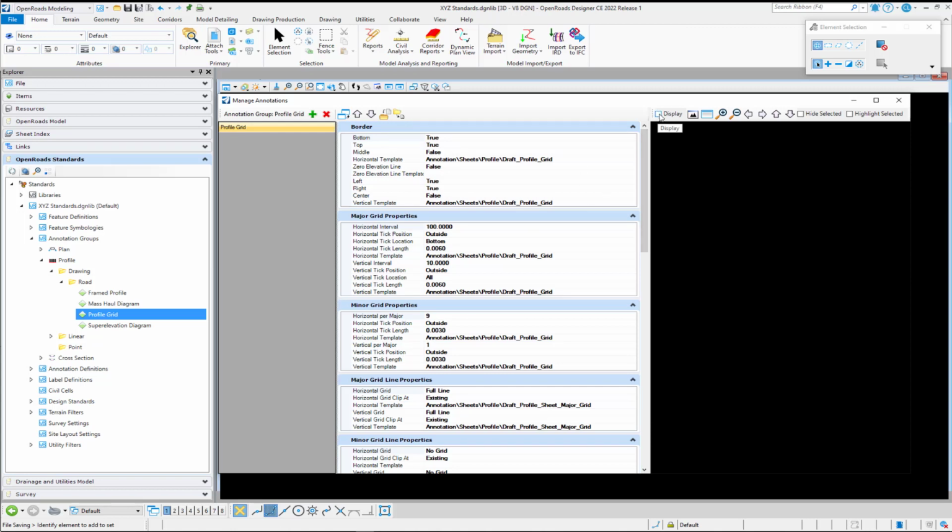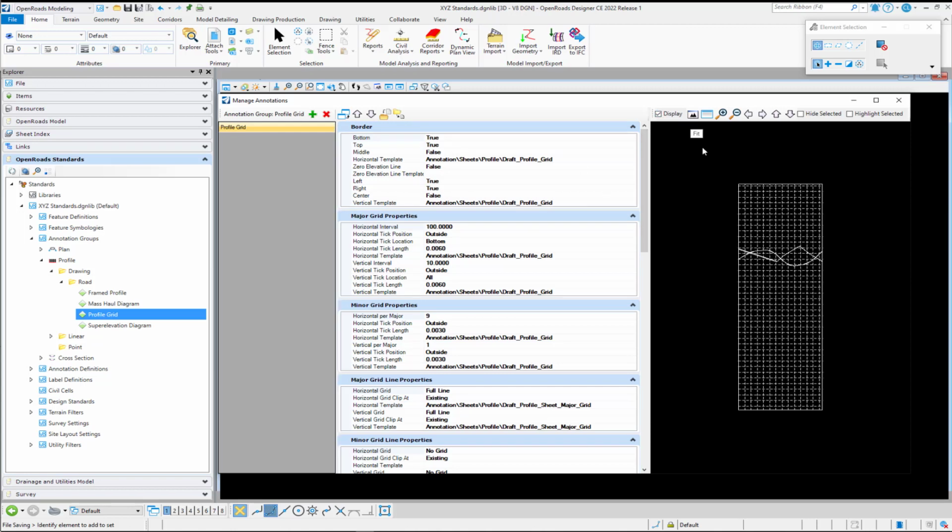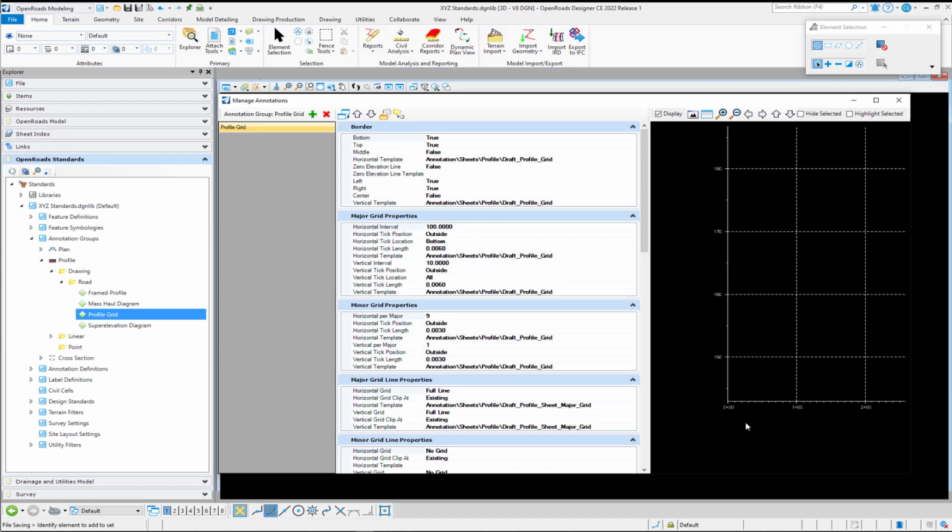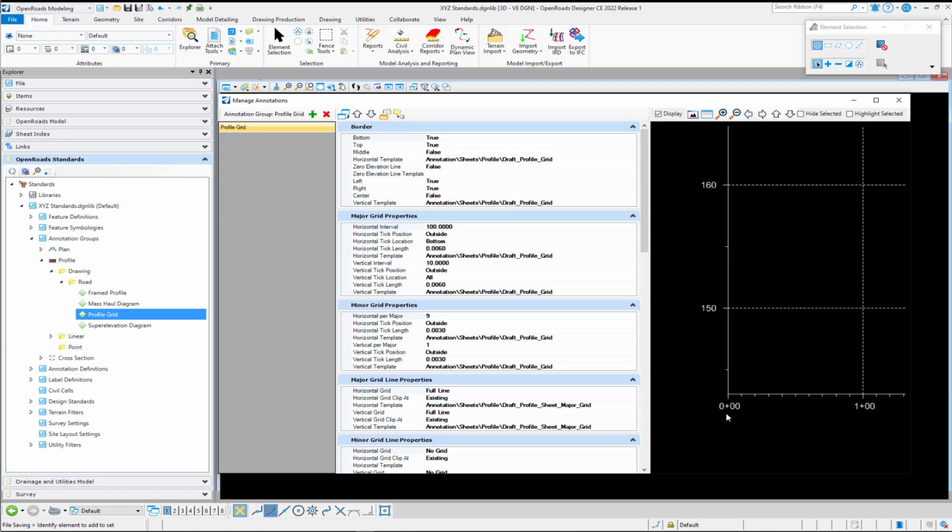But you can always turn on your display. You can do a fit view. You can zoom in and out with your wheel mouse. And so in this particular annotation definition in this group, we are setting up our tick marks along the edges of our grid. We're also introducing our interior grid lines, setting up those element templates for the proper custom line styles. And so if you take a look at some of the settings, the border represents the outside square or